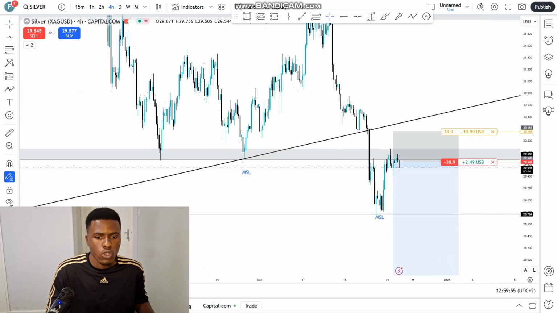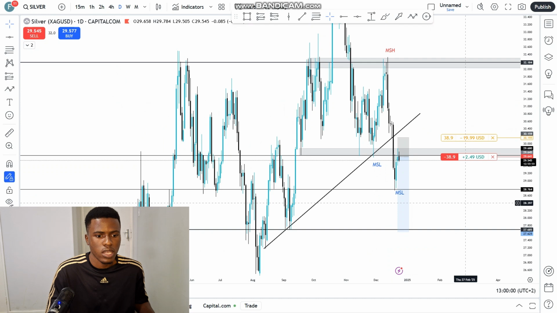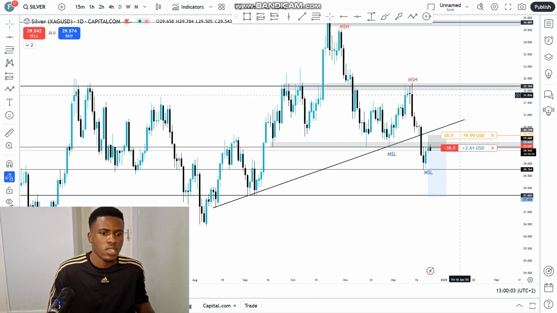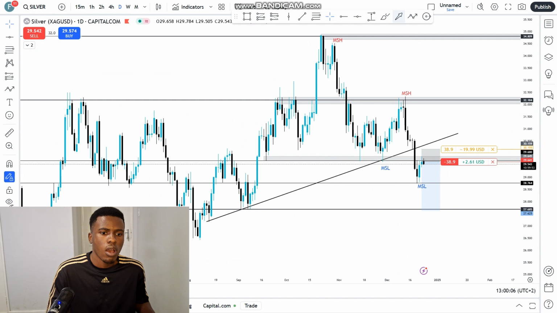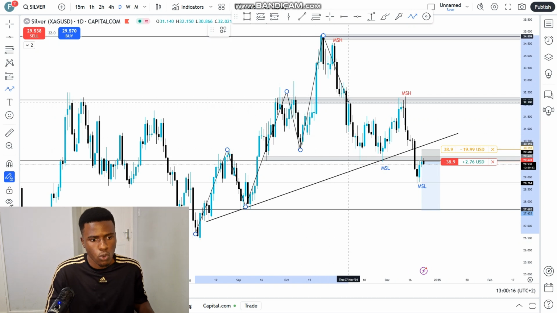And then moving on to silver right here. On silver, I'm going to start on the daily time frame. On the daily time frame right here, what I want you to notice is how we've been making these higher highs, higher lows, higher highs, higher lows, and higher high. But when we came back here, we were supposed to make another higher high if it's a nice uptrend, right? But we did not see that, and then we saw a continuation to the downside.